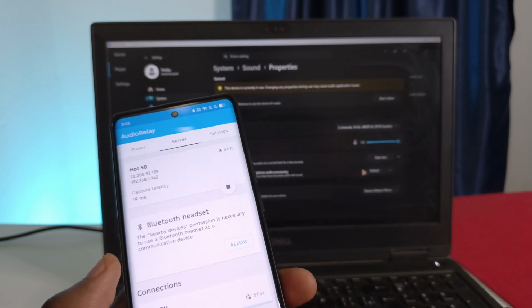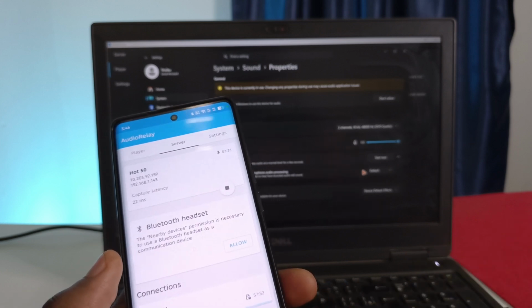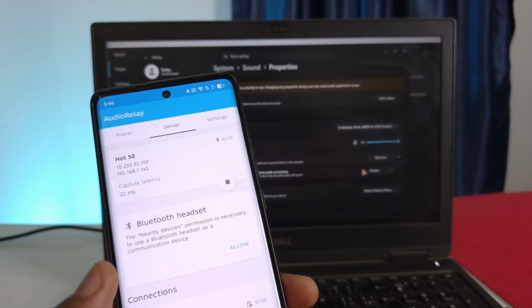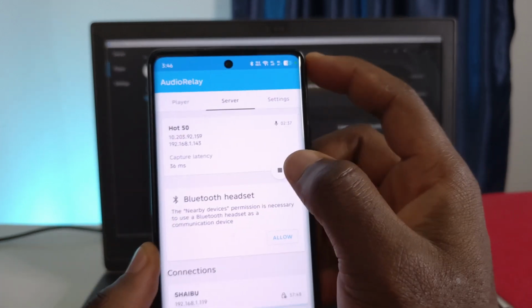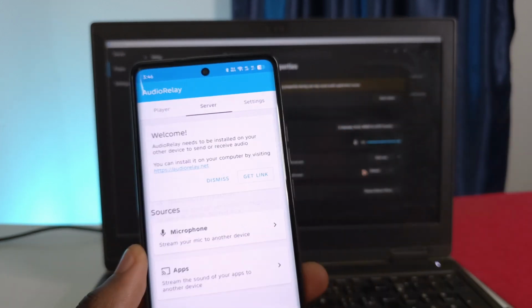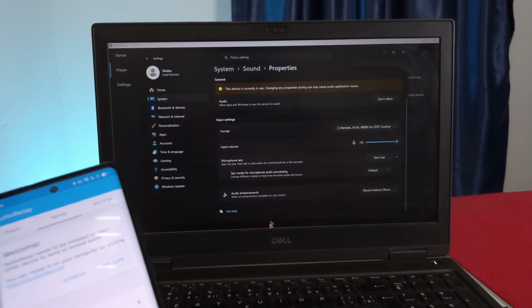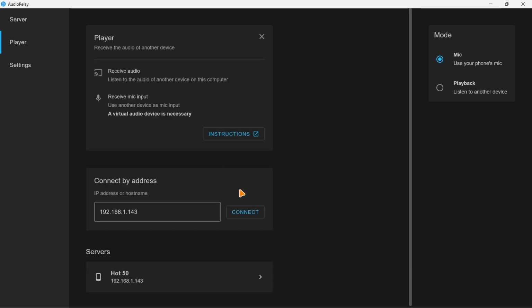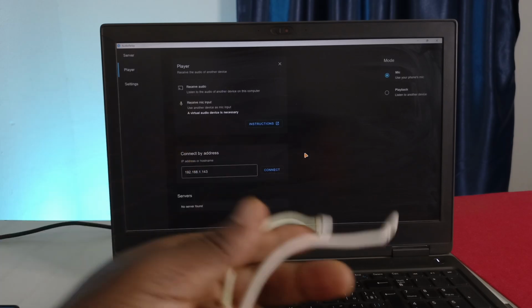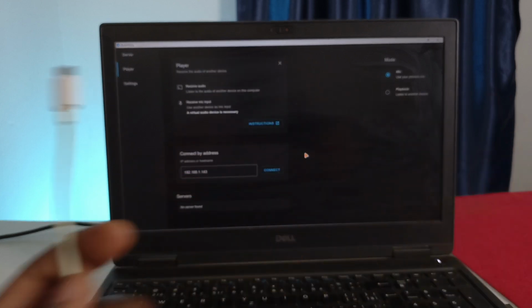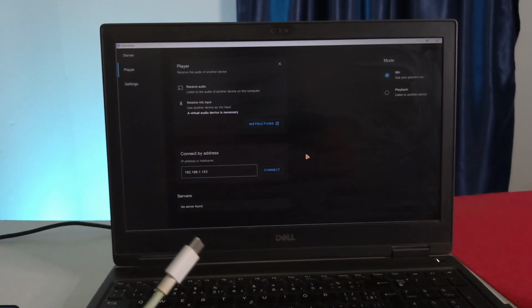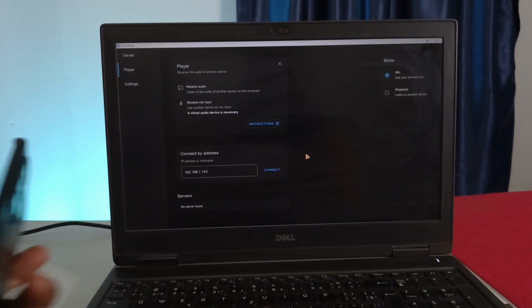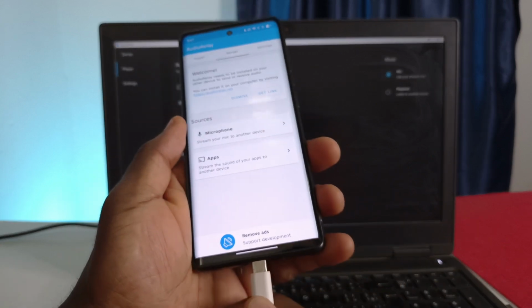Now I'm going to show you how to do the same thing using USB, and you'll notice that USB is a lot faster. So I'm going to disconnect by tapping here. Let's go back to the software. You can see now it says connection lost. So I'll tap here to stop the connection. Alright, so I have a USB over here. This is a USB-C cord. So I'm going to connect it to my phone,